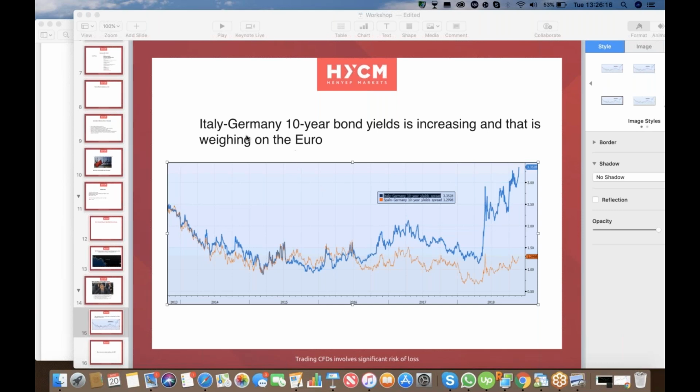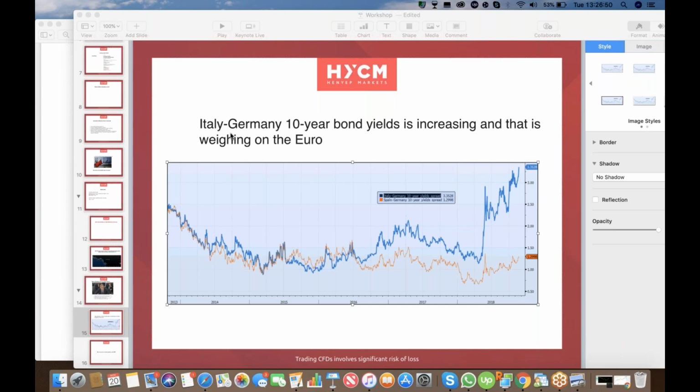But for now, essentially, this has shown that the euro is being sold because of concerns over this Italian debt, and the fact that Italy is submitting a budget deficit to the EU, and the EU don't like it. Italy are being quite controversial in the way they're approaching the EU. So there's controversy about the Italian budget. This has meant that the cost of borrowing is being affected, and this has meant that the euro is being